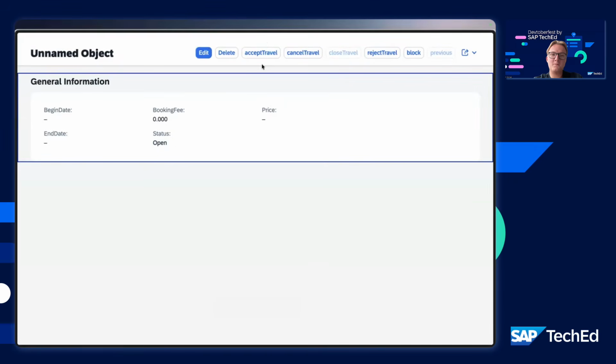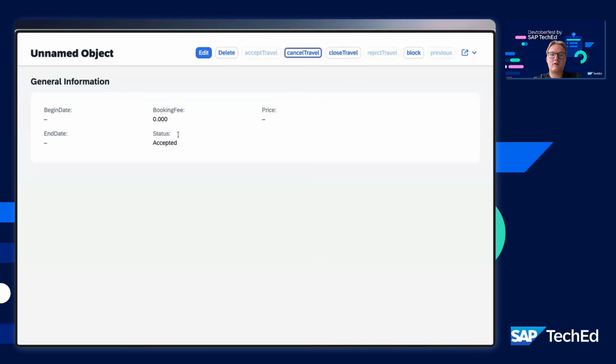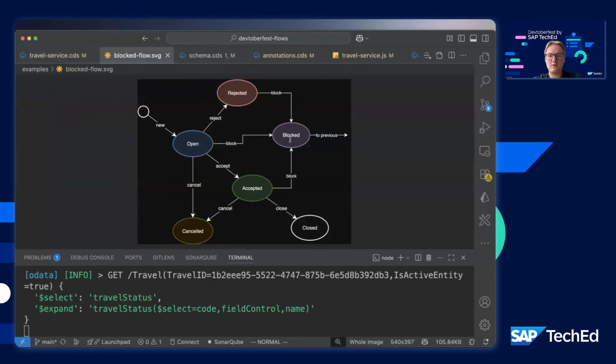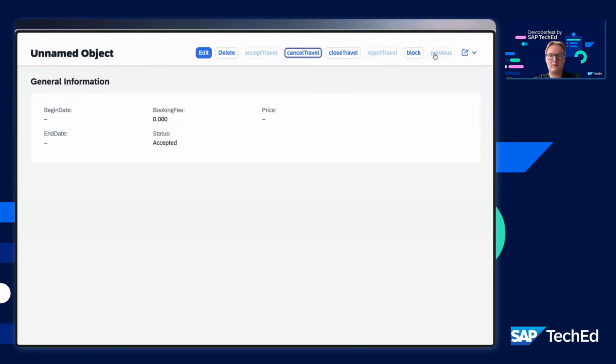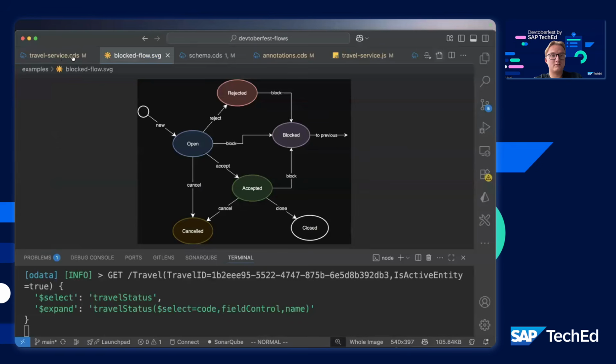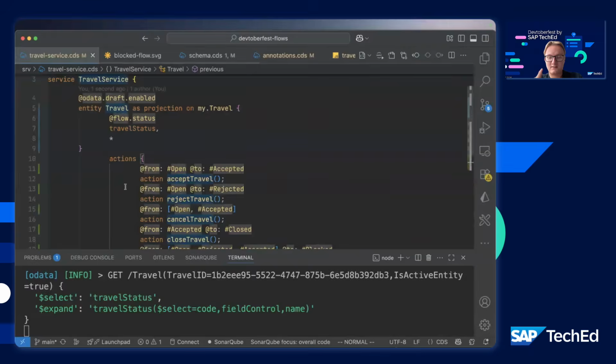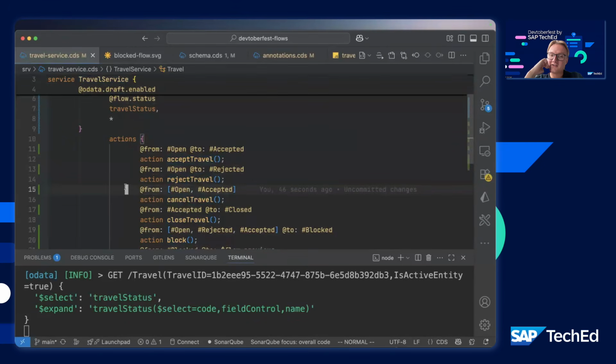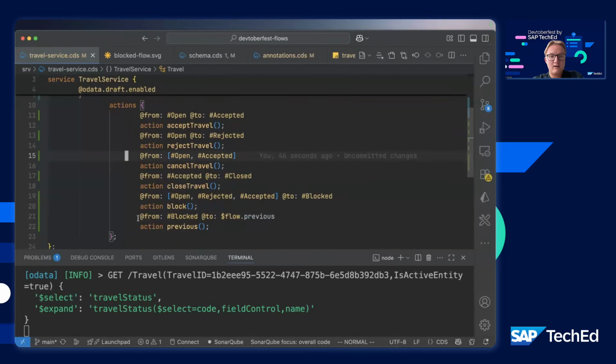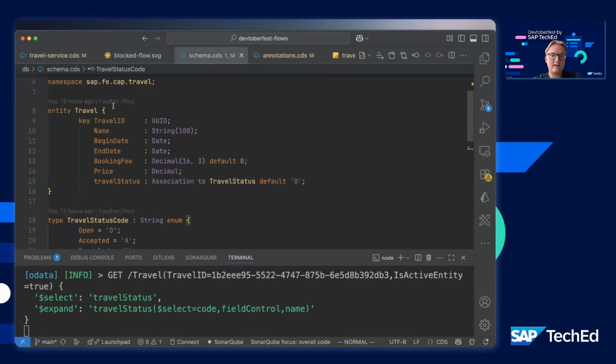And since it's open, we accept. We are now in accepted. And if we block, we should go to blocked, and that should go to previous. Okay, it's blocked. That didn't work. Oh yeah, because that's another mistake I made. So we have to start again. After adding these annotations here, there's one more thing we need to do, which is adding the